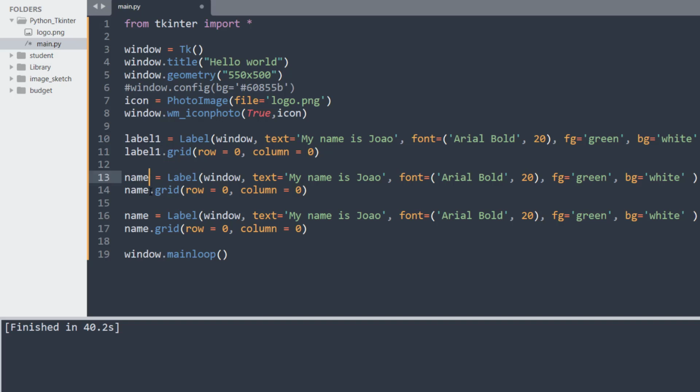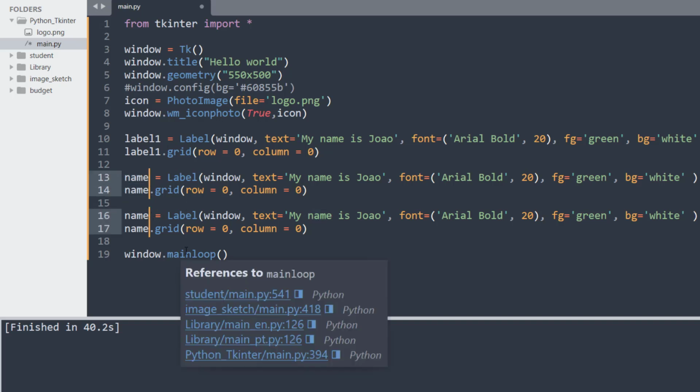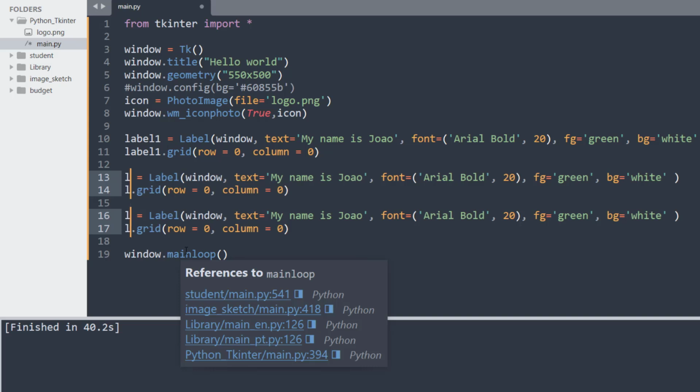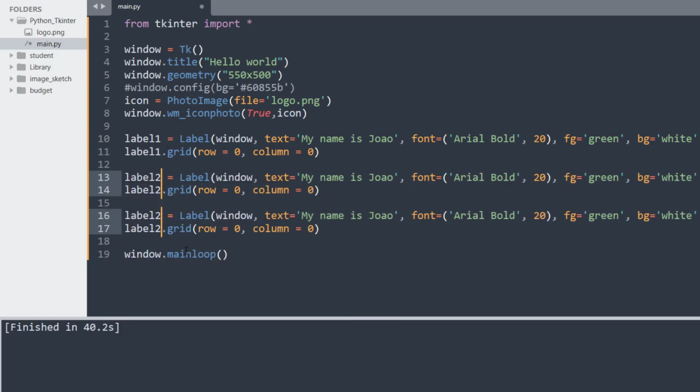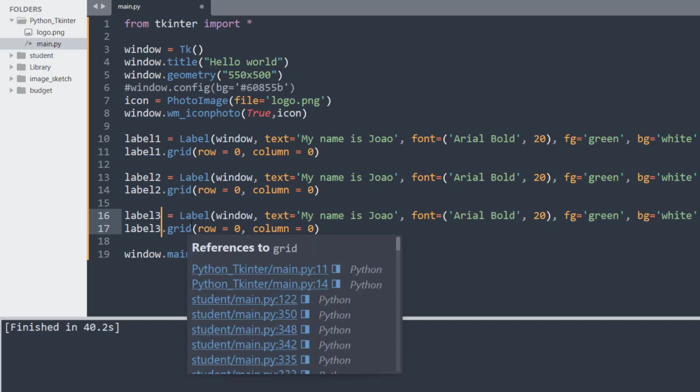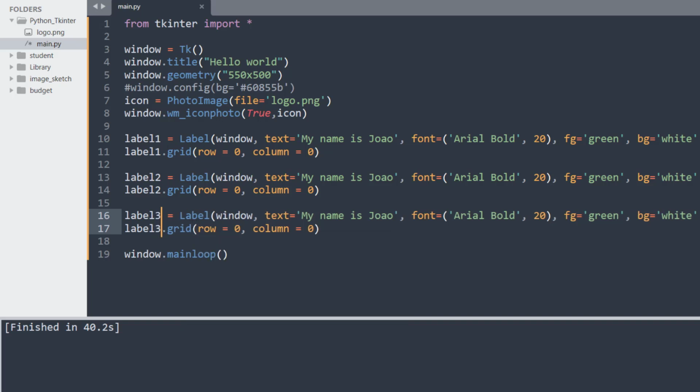Those also, let me change, Control D, Control D, and it's going to do everything. For this one, let's change to label 2, so this will be label 2 and this one will be label 3. Perfect, I save. So this one is in row 1, this comes to row 1, and this stays on row 2.